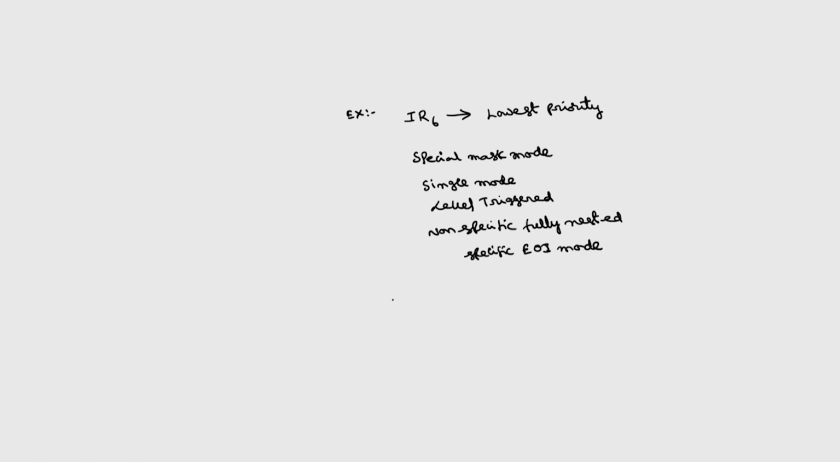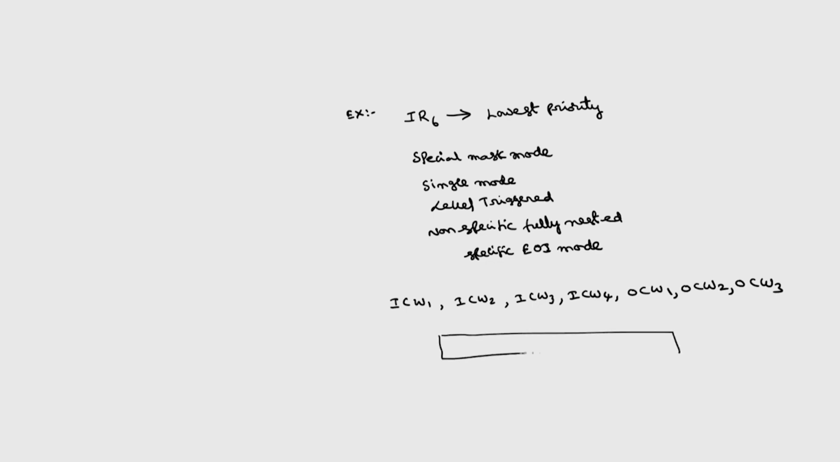So what are these? ICW1, ICW2, ICW3, ICW4, similarly OCW1, OCW2, OCW3. There are totally 7 command words: 4 initialization command words and 3 operational command words. Okay. So if I go for this operational command word 1, OCW1, suppose I want to mask IR4,